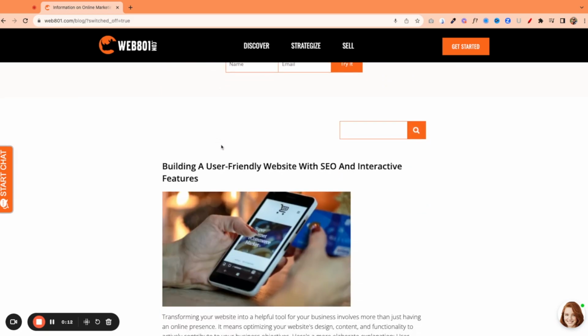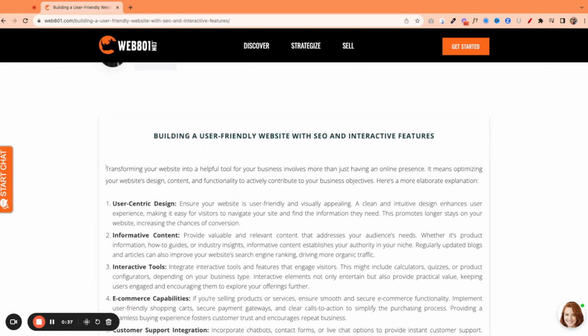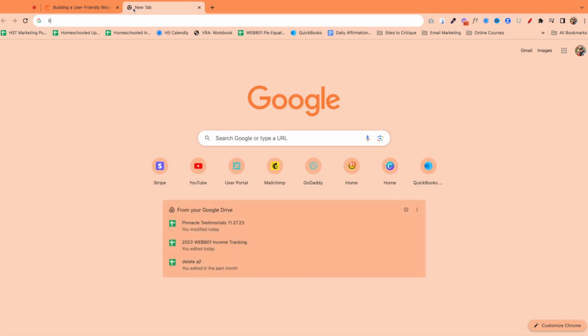So I'm here on my blog. We just published an article recently called Building a User-Friendly Website with SEO and Interactive Features. I'm going to click on that. But I'm going to take this portion, just the first sentence. I'm going to copy that. Then I'm going to first go to LinkedIn